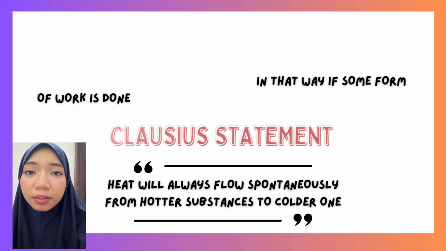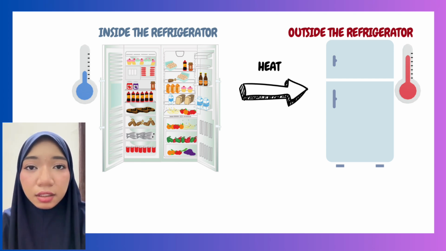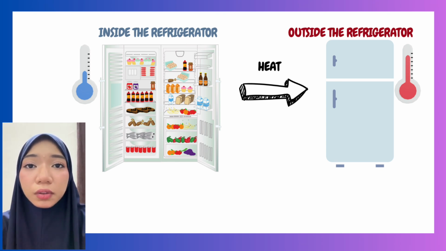colder substances. The refrigerator works by transferring heat from the cold region inside the refrigerator to the hot regions outside the refrigerator, and this makes the cold regions even cooler. So this is how a refrigerator cools our food, and we also often feel the hot air being blown out of